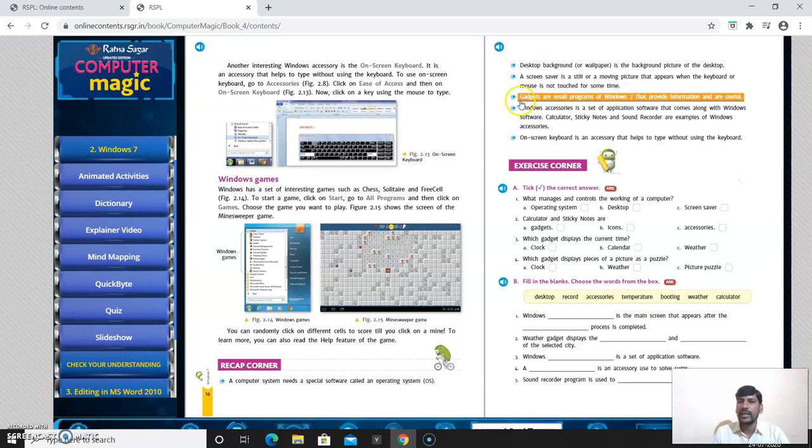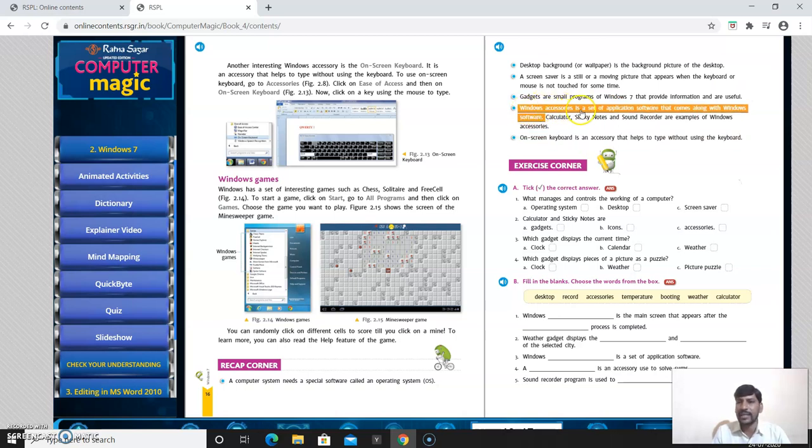The next one: gadgets are small programs of Windows 7 that provide information and are useful. Next point is Windows accessories.